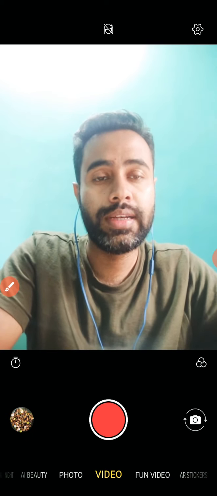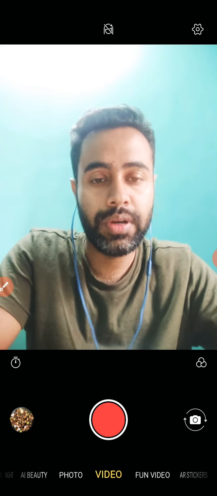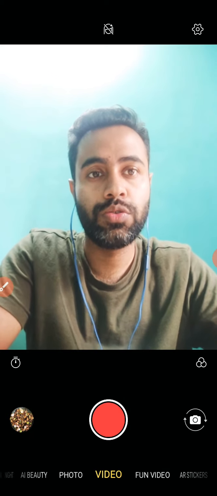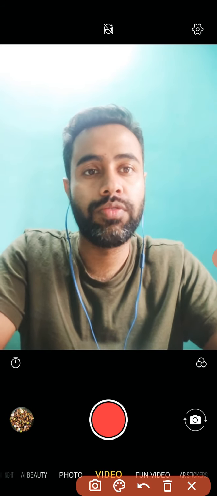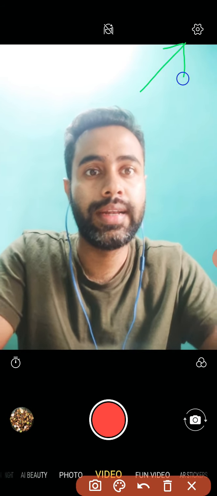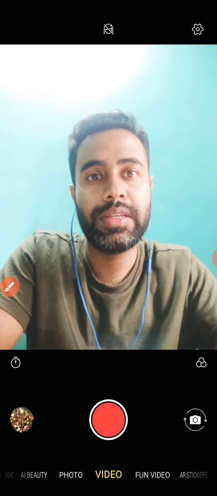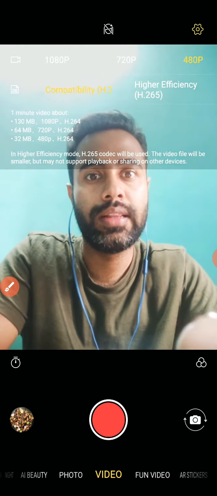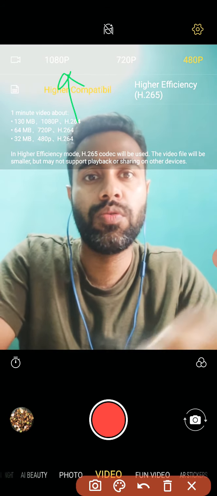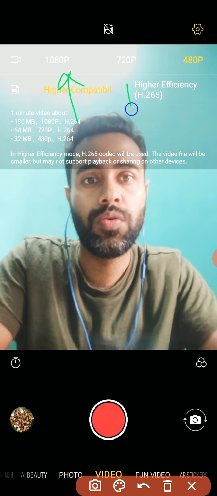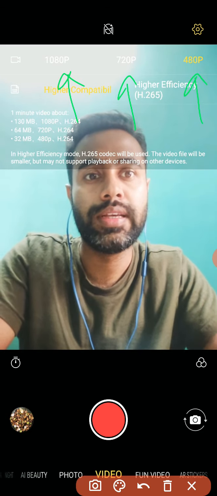Once I'm done, the setup would be different for all camera interfaces, so you need to find out the setting. My setting lies over here. For Vivo sets, the setting lies over here. Once I find my setting, I tap on it, and there are three resolutions that show. One is 1080, which is the highest, one is 720, which is the second highest, and the lowest is 480